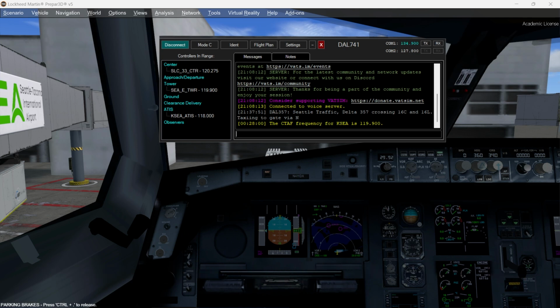In this case, 119.9. In a vast majority of the cases, for major airports and regional airports, the CTAF frequency will be the common tower frequency that's normally used on the VATSIM network anyways. But when in doubt, always go to the website or use the vPilot client to double check what that frequency will be.